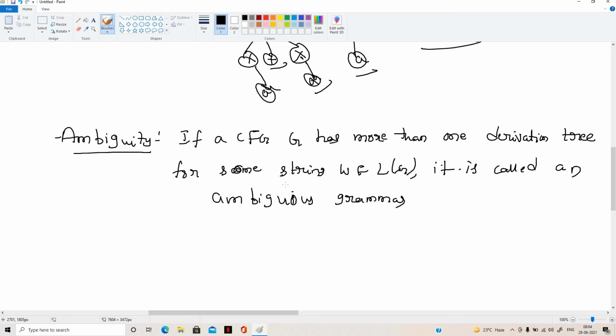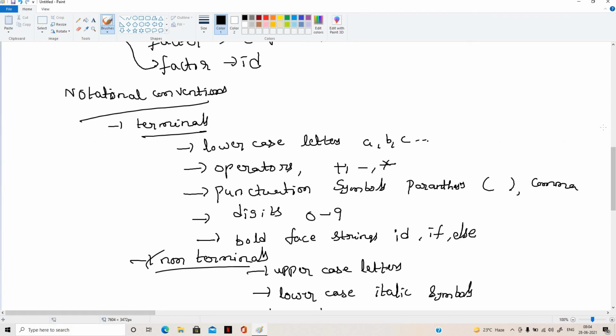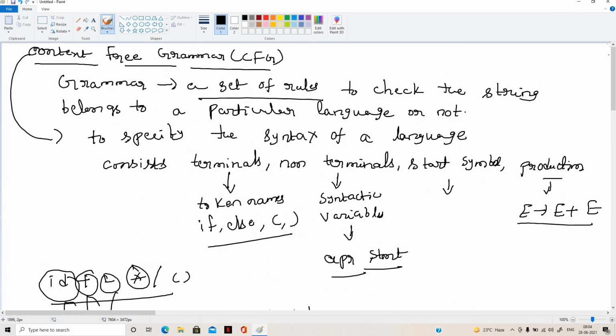So we'll revise what we discussed. First we discussed what is meant by grammar. It is a set of rules to check whether a string belongs to a particular language or not. When it comes to context free grammar, it is used to specify the syntax of a language only.